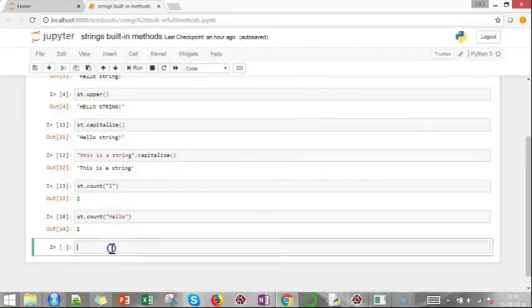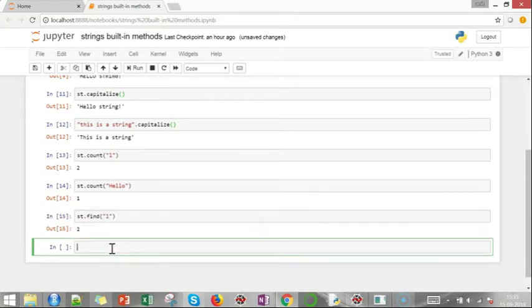Now let us use a method called find, and using this you could find the position of any letter in your string. Suppose you want to find L. On what position is L in your string? It gives 2. Why is it 2? Because if you remember the indexing which we did in the last lecture, it was 0 from here, 1 is here and 2 is here. So it is based on indexing. 0 starts from the first letter, then this is 1, then this is 2. That's why it gives you 2.